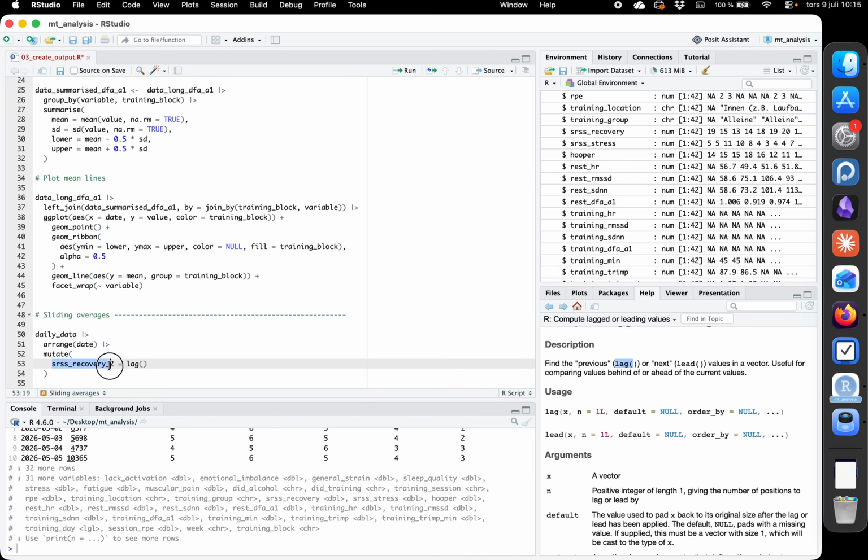So for SRS's recovery 2, just to show you, we want to take the value from SRS's recovery, and then we want n, in this case, to be, for example, 1. That is, take the value 1 row above. And if we could make it easy here and just select date,